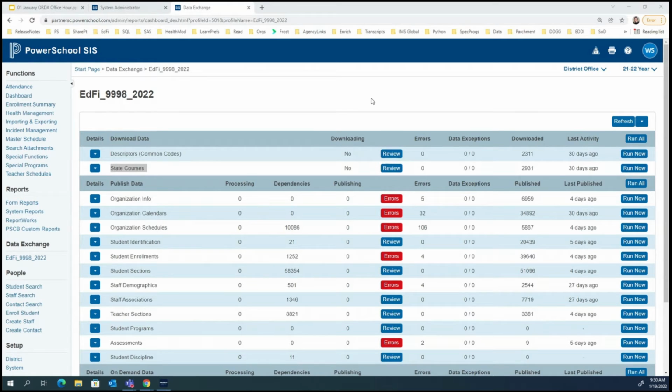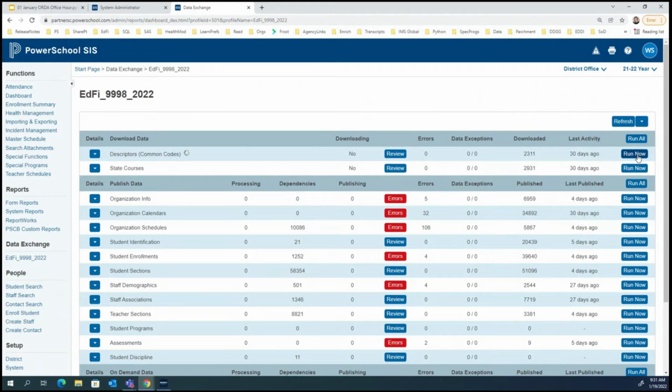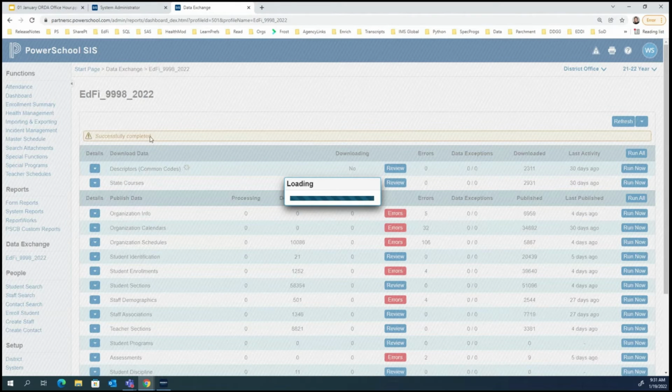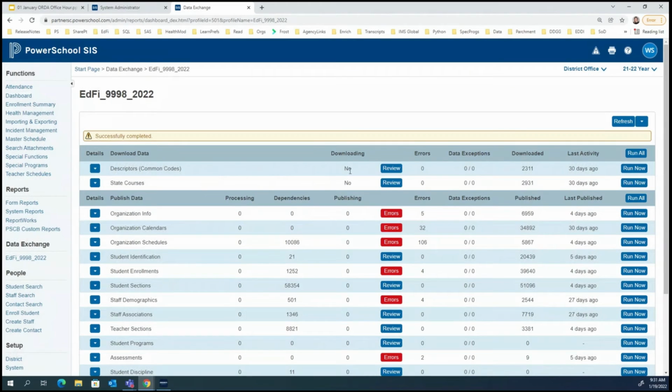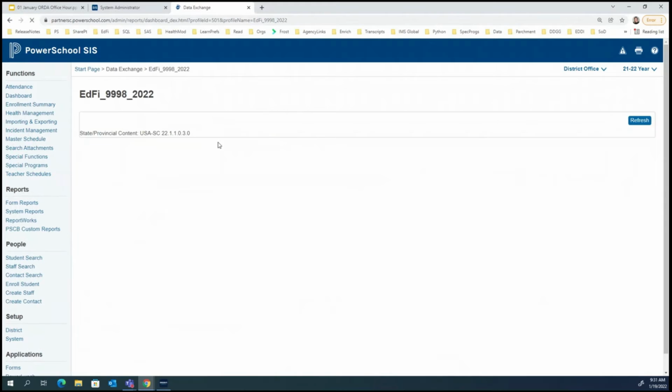Definitely. Wyatt gave a really good explanation here. And so right here, we're just going to hit run now on these. You'll notice these have already been run, but let's see if it behaves as usual. Yep, so usually what happens is, this is kind of funny, it says successfully completed, but you don't see any change. So we'll just wait a second and refresh, and then see if there's a change.